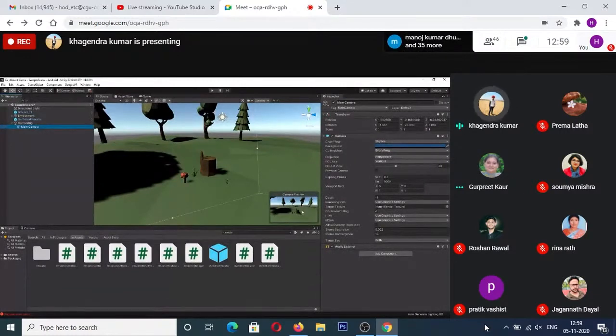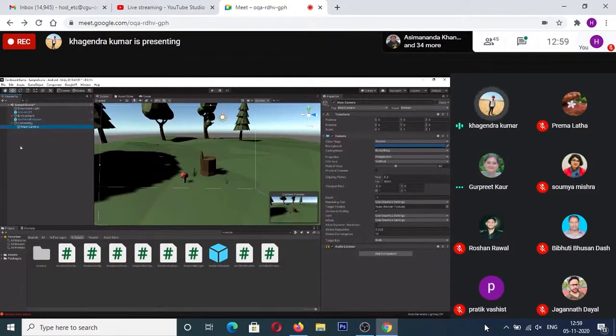If you look into this, the camera preview and the scene preview that you had created are not matching up. Why? Because the camera has its own position, transform, and rotation. So you're going to make sure that you reset it. Once you reset it, your camera position will align with the camera rig position.